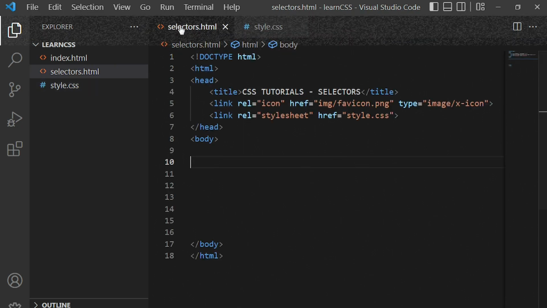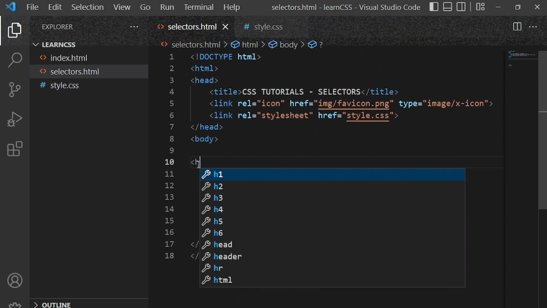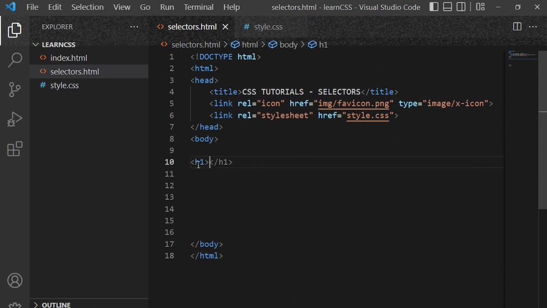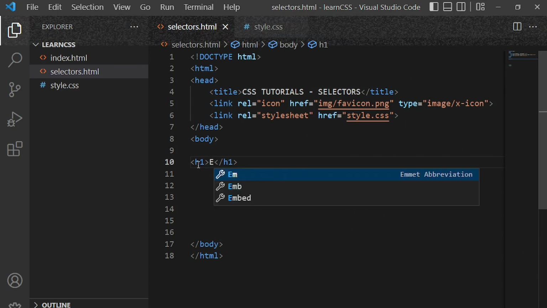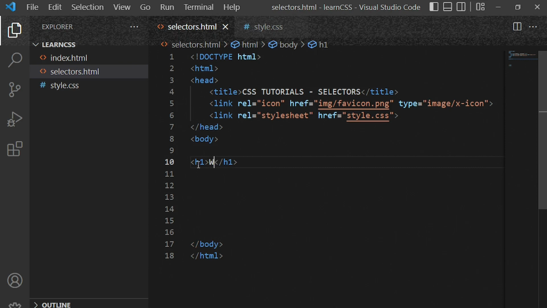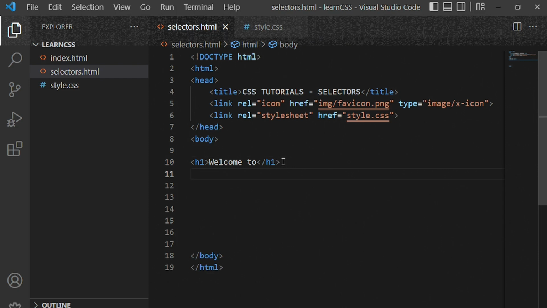Now let's go back to our HTML document and then we write h1 like this, and I'll put text here, something like, let's say, welcome to. I'll come down and put h2 here, which is heading 2. My YouTube channel